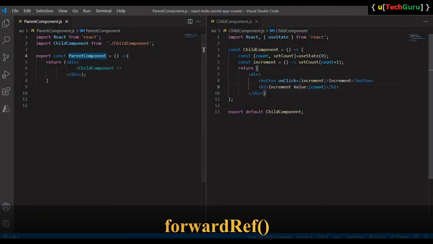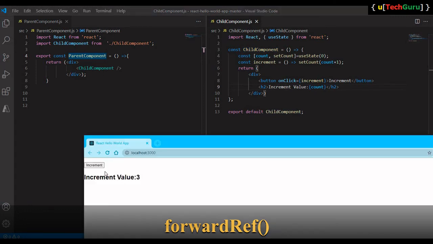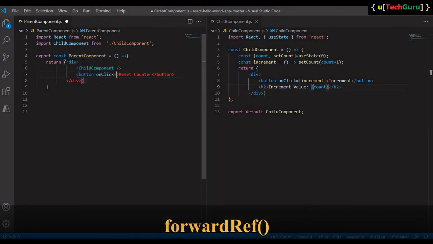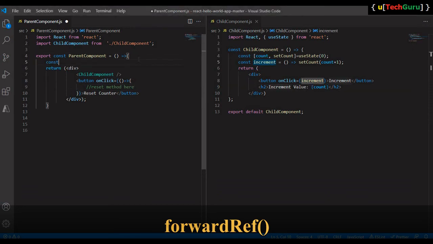This is a parent component, and this is a child component. We have an increment button in the child component, and that can increase the value. Now, we want to add another button in the parent component to reset the counter value in the child component. To do this, we can take a useRef and the value that can be a reference to the child component. But in the current scenario,